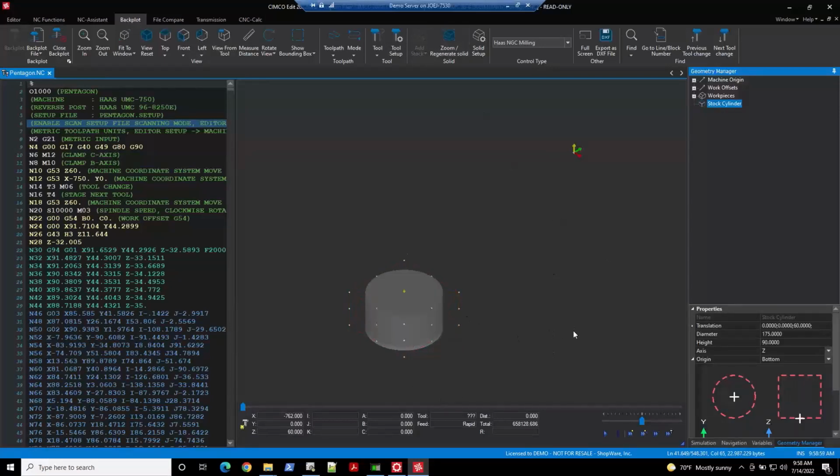And that stock cylinder is going to display here. So you can see a little bit on the bottom here, you can see our workpiece is still down a little bit, but our stock is not quite exactly where it needs to be inside of there. Let's say I go ahead and I backplot this out. If I hit play on this,